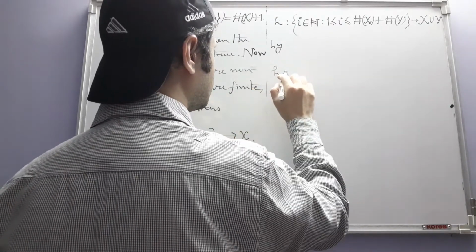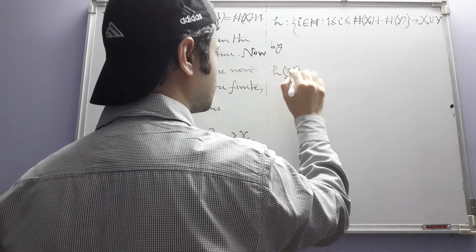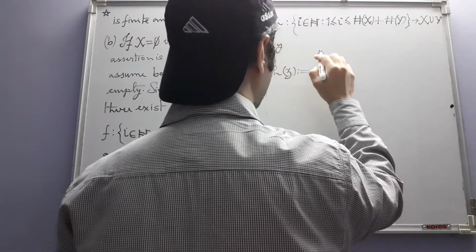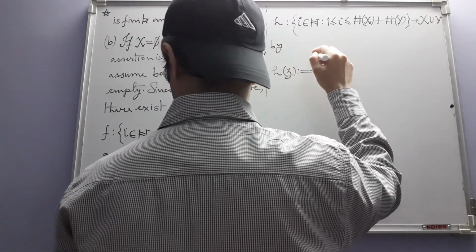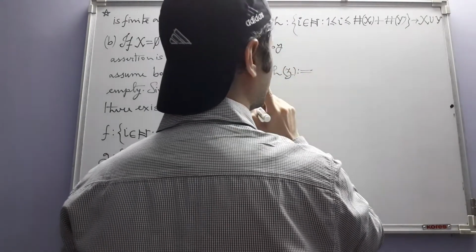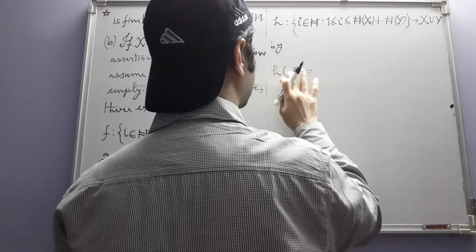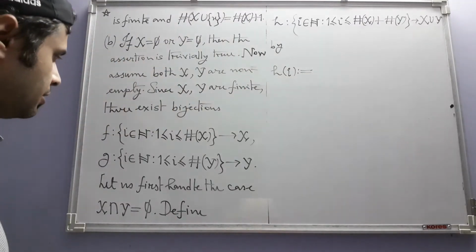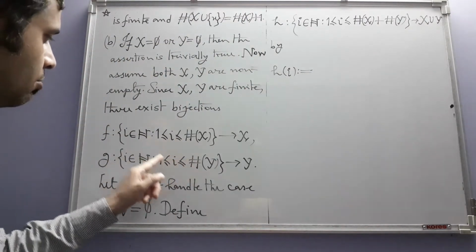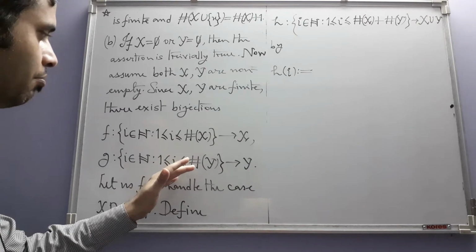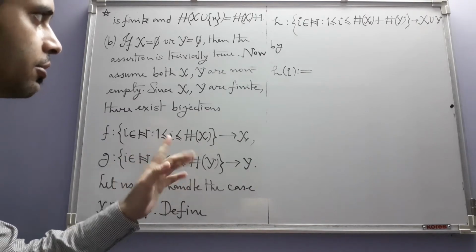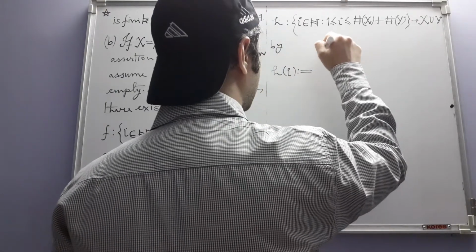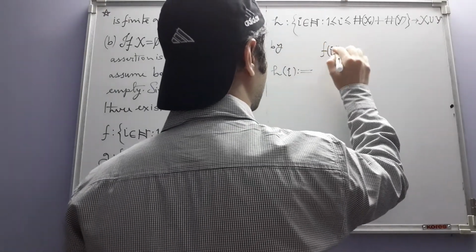H of say z is defined to be equal to f of z, or not z but i. I am always making this mistake. The domain is a part of the system of natural numbers, so that's why we are taking i. So this is equal to f of i